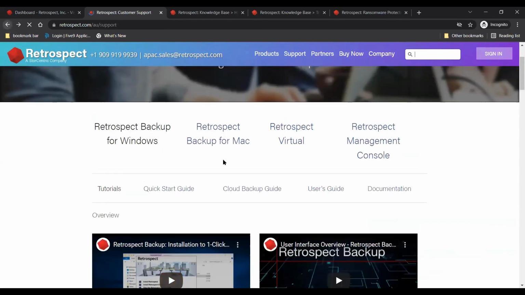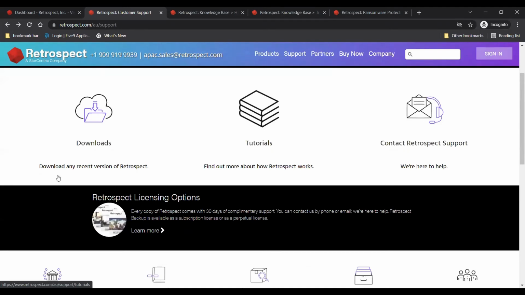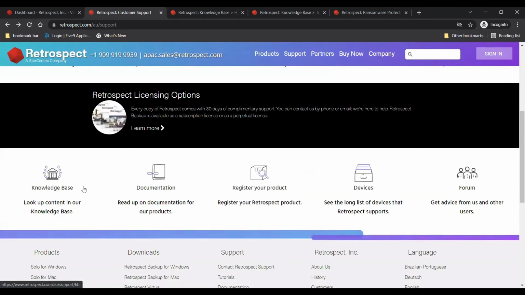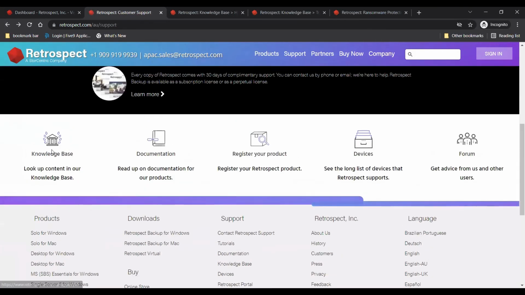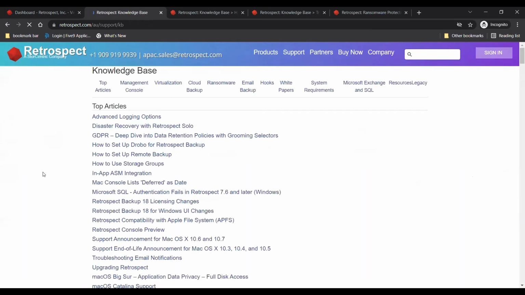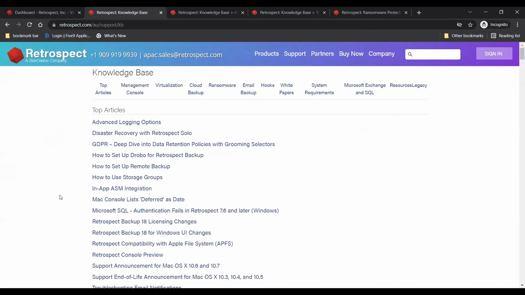And there is also a knowledge base section here, and there is also documentation which has the user guide and a few other items. And the knowledge base section has the specific articles like I was referring to, the system requirement page. It looks like, yeah, okay, it is back.